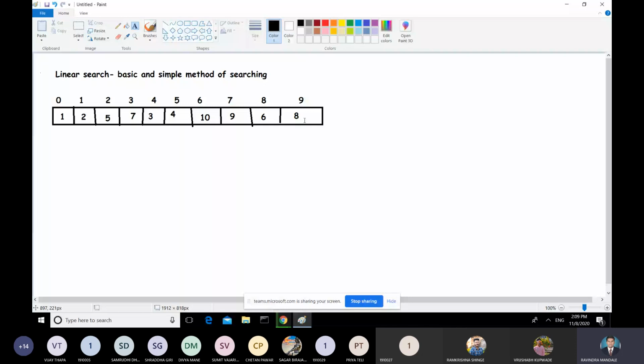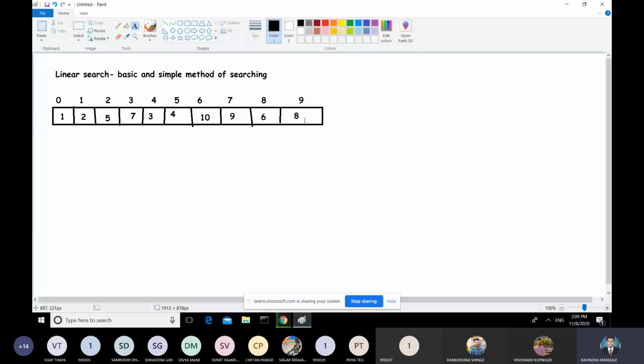Your search operation will be successful if your desired element is found in this array, and unsuccessful if all the elements are accessed but the desired element is not present in your array. So only two possibilities are there: element is found or element is not found.